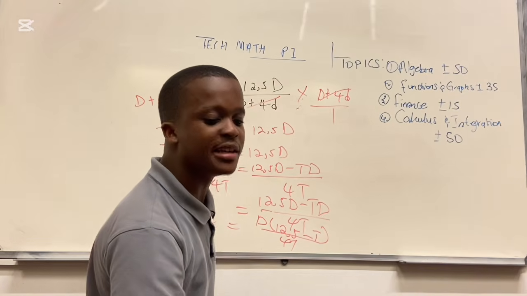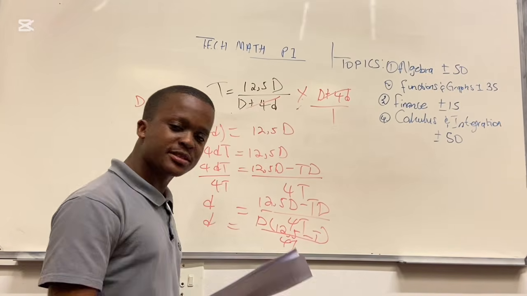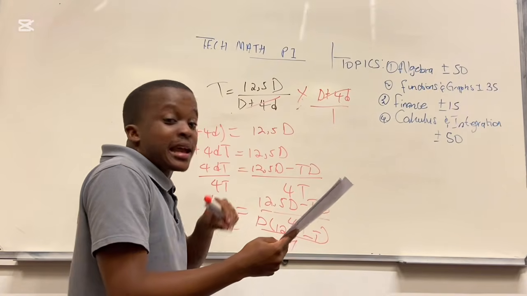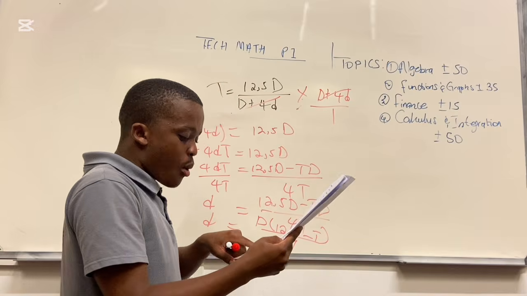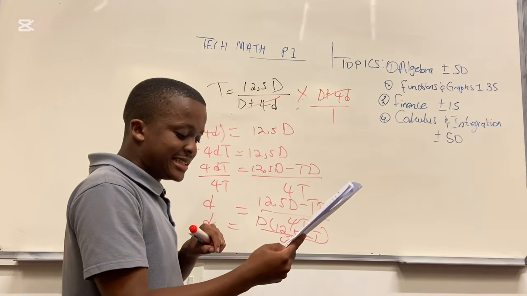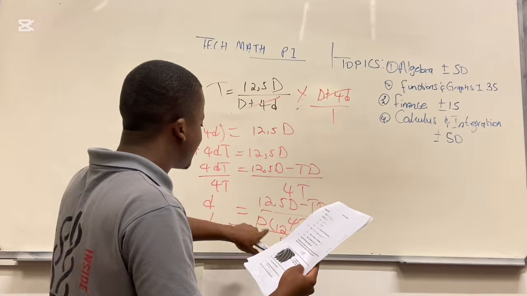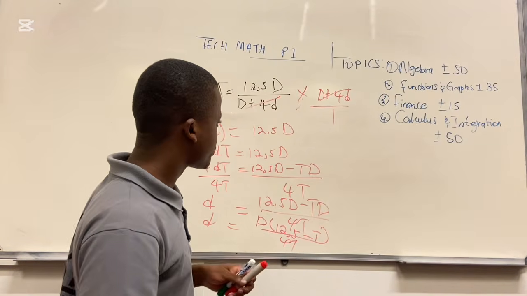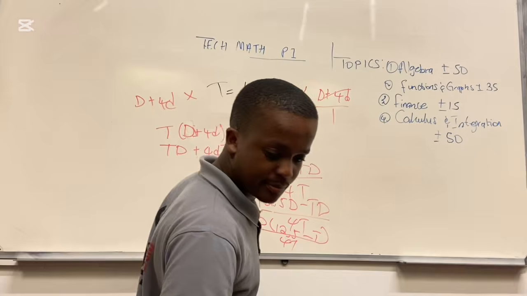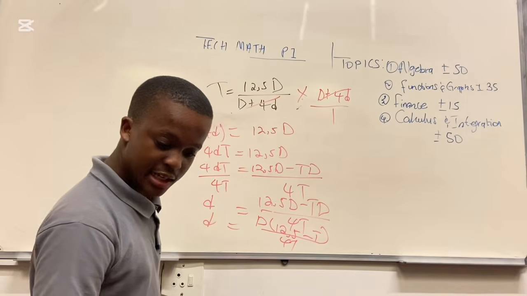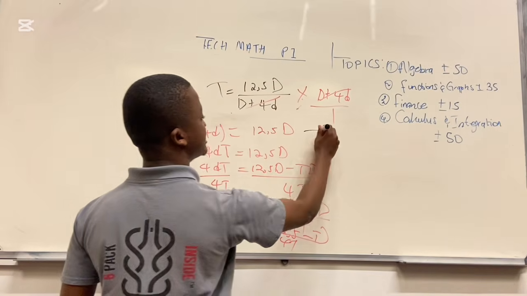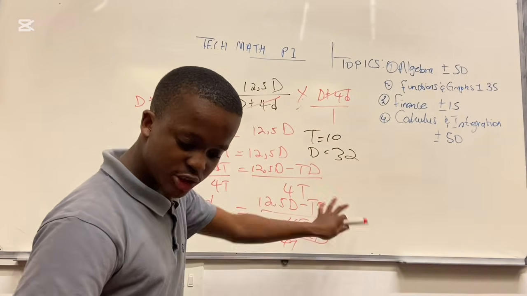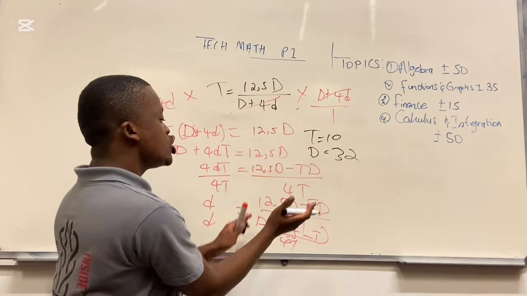Now the second question will always ask you to substitute using the values. So you just look at what they give you. Now what you have to do is calculate the depth of the cutter d if T is 10 and D is 32. They want us to calculate the small letter d using that formula.